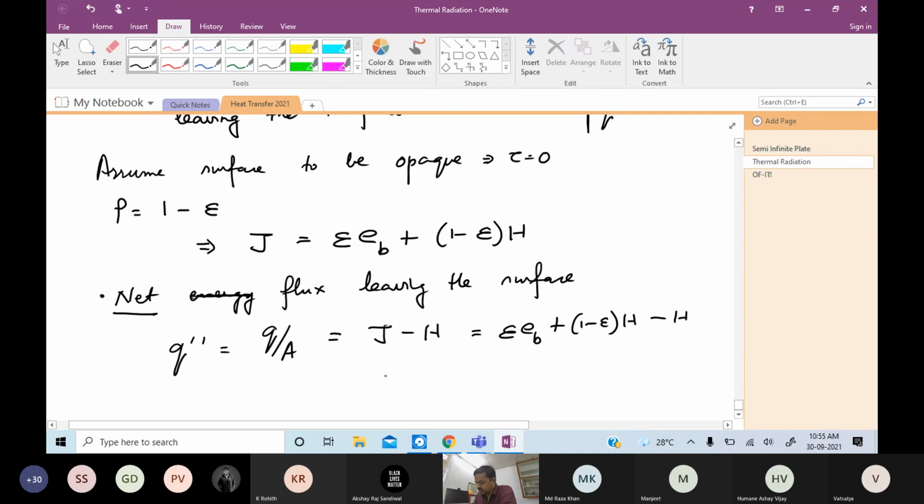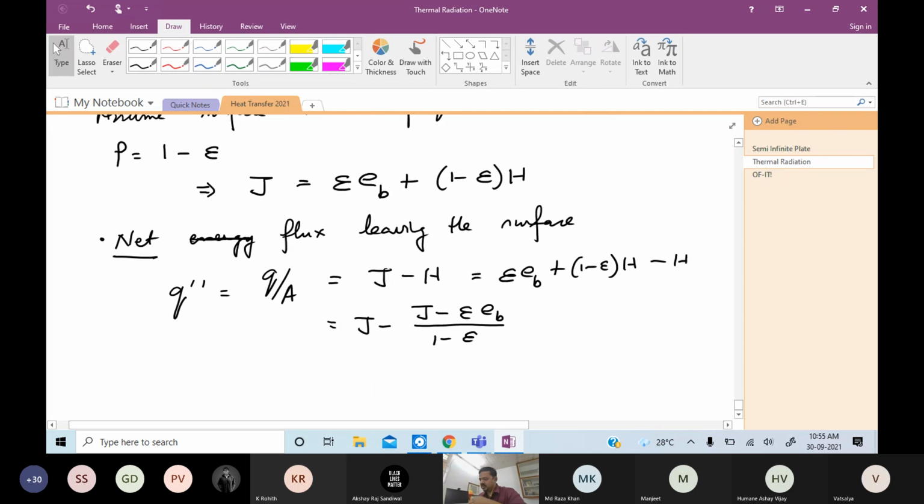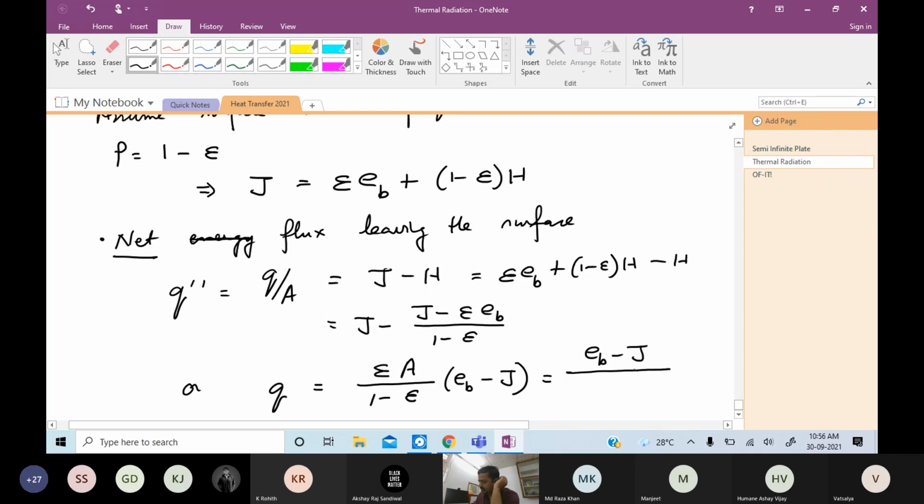I can do a little more mumbo jumbo here. I can write this as J minus epsilon EB divided by 1 minus epsilon. And then J into 1 minus epsilon, etc. And what finally I can write it as, Q is equal to epsilon A divided by 1 minus epsilon, EB minus J. Or you can also write it as EB minus J divided by